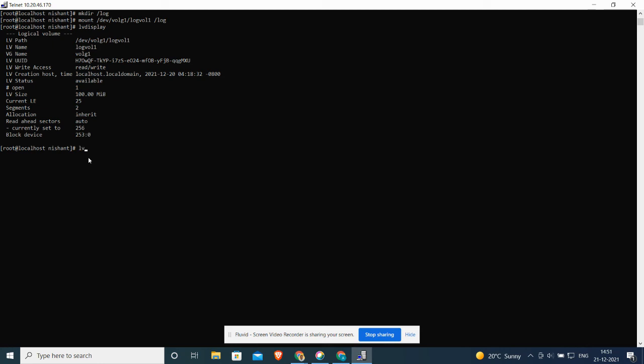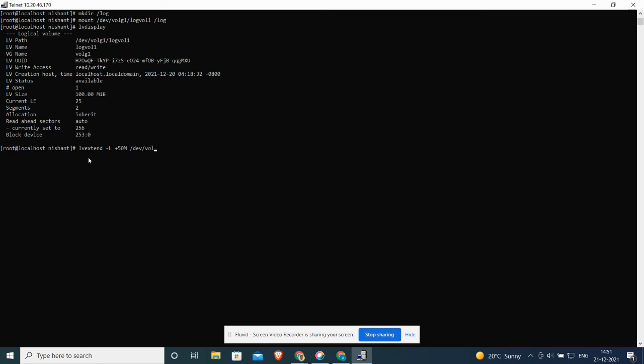To increase the size of this logical volume, the command is lvextend. lvextend -L, and we say that we are increasing it by 50 MB this time. Which logical volume are we increasing?